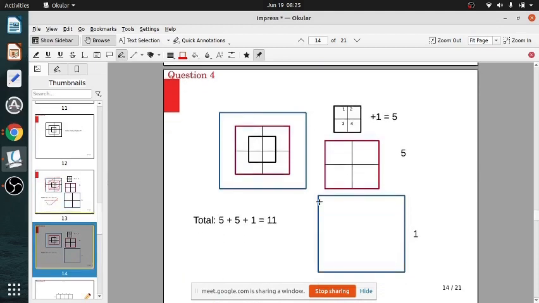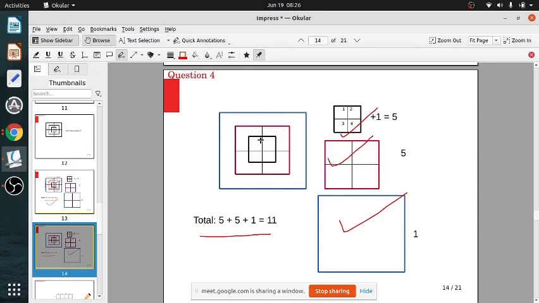So now this one, see, the outer one is not divided. Only there we had the full line. Here we had the full line, right? In that question. Here we are not having the full line. The outer is not divided. So the inner one has 5. The middle one has 5. But the outer one has only 1 because it is not divided. So you are getting 11 squares. Because the outside one is a single square, it's not divided. Only the inner one is divided. The middle one is divided. The outer one is not divided.